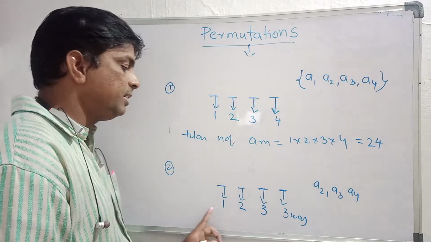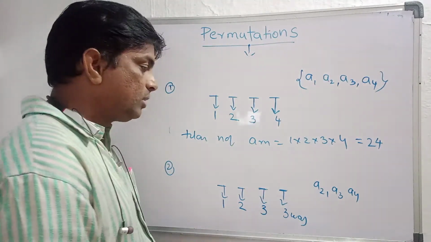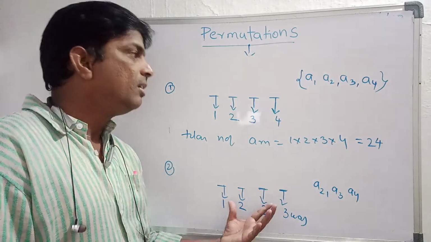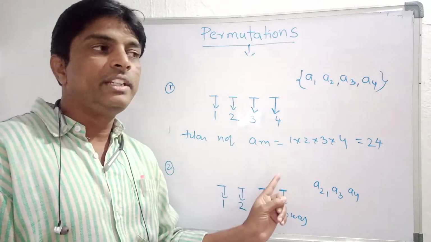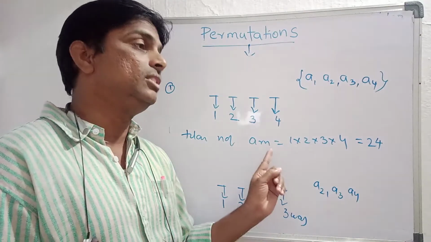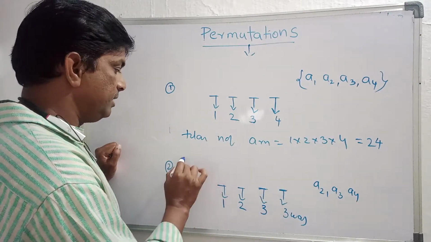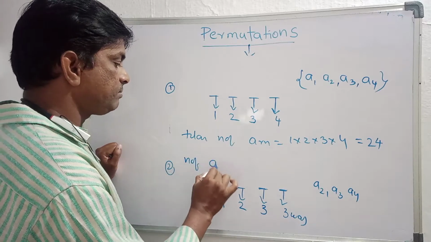So the total number of arrangements of these four persons in which A1 is not at the last place. So the question is, okay, I'll write the number of arrangements